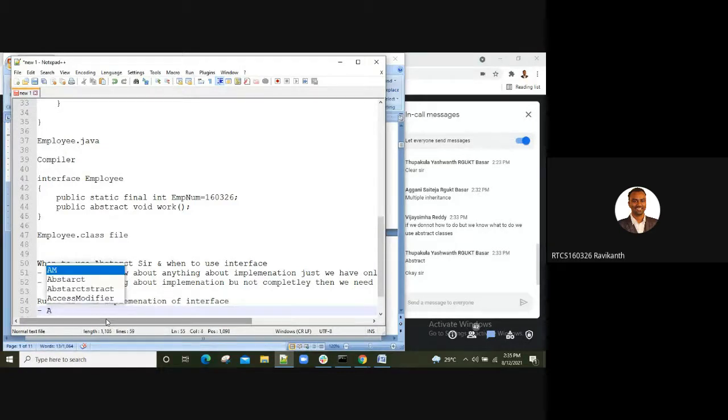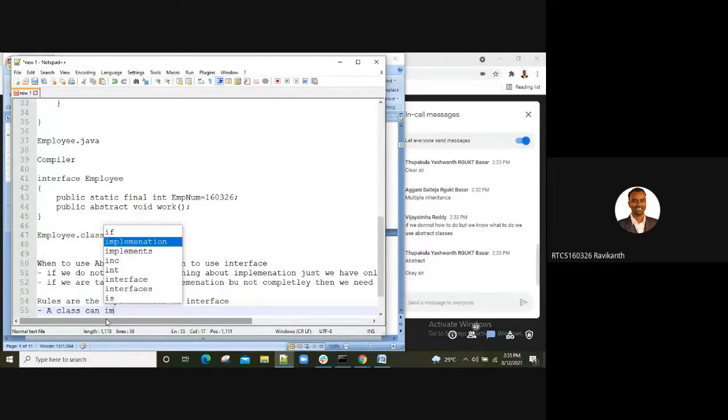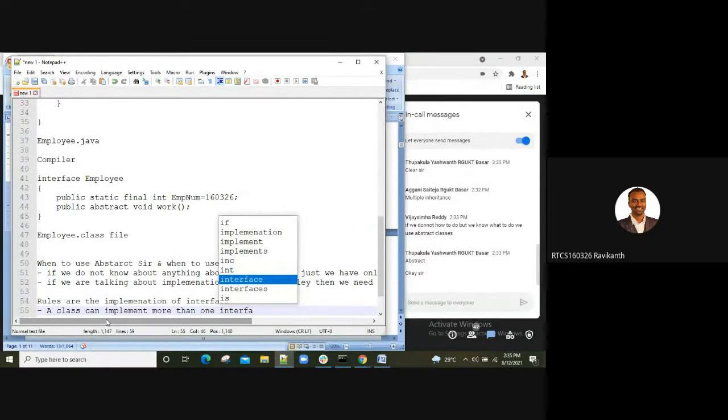So rule number one, a class can implement more than one interface at a time.